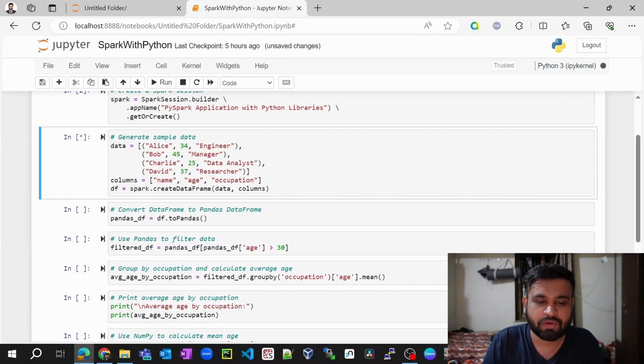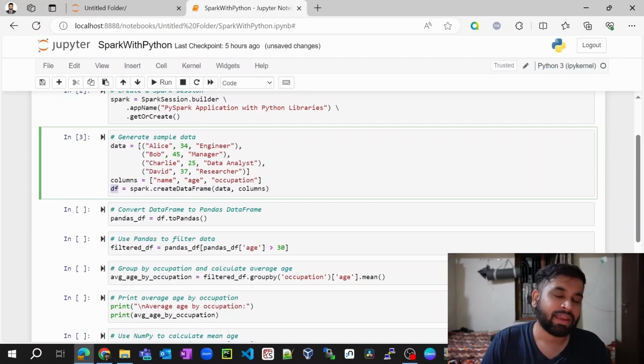I'll just execute it, and it is creating a Spark data frame using the createDataFrame method. If you know Python, you will be able to easily understand what is going on in each step, because Python is a pretty readable language. And if you are just getting started, I highly recommend you go with Python because it gives us a rich set of libraries to work with the data, and it will be really interesting to get the hidden meaning out of your data. Here we have just created a data frame named df.